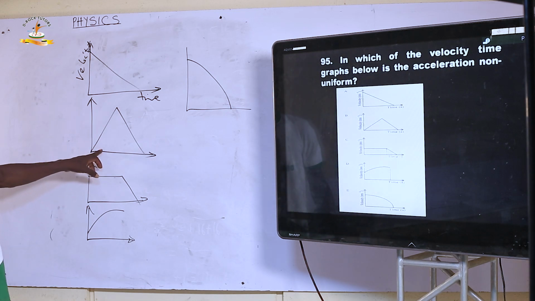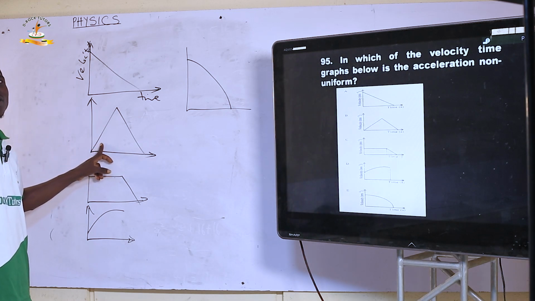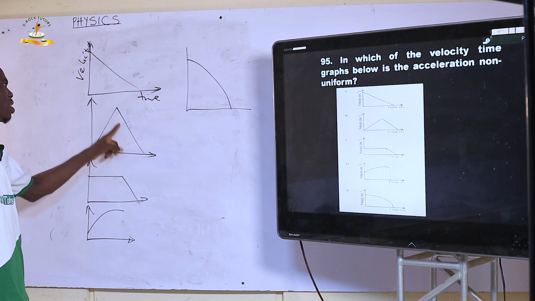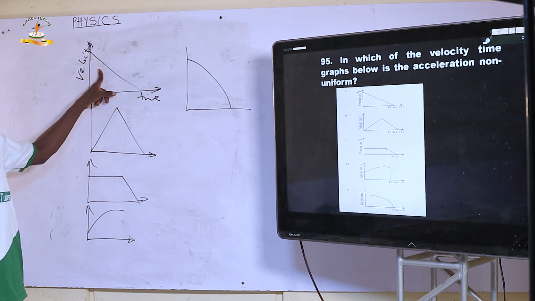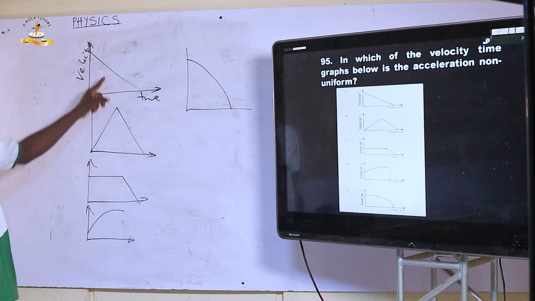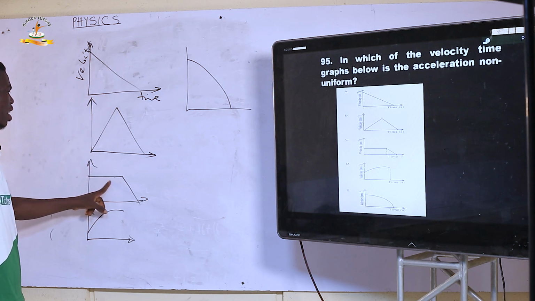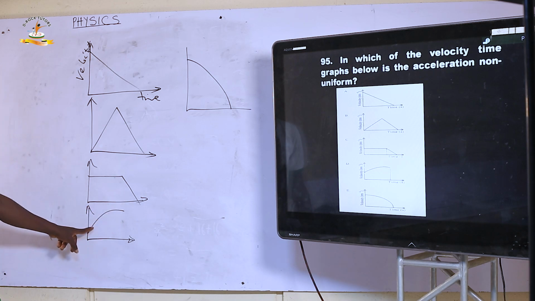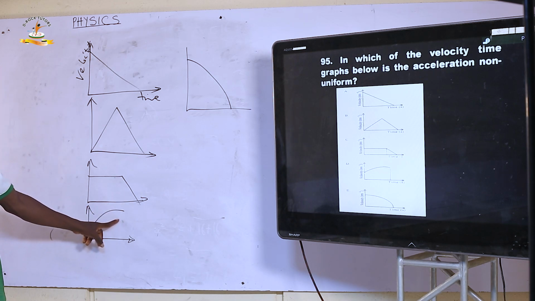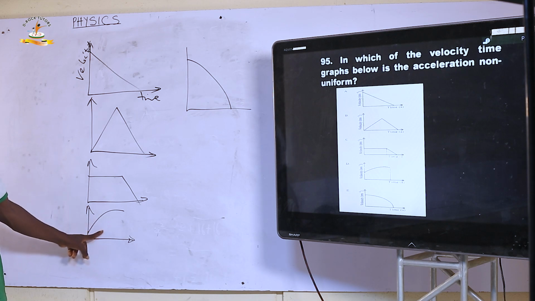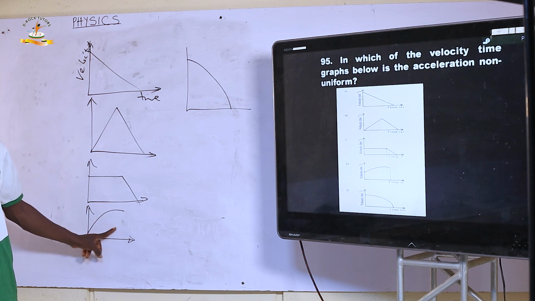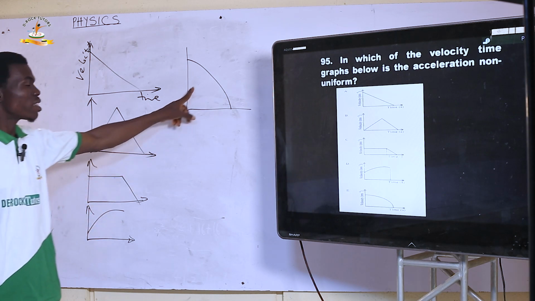Here you see that the acceleration is uniform, and then decelerated. However, this is deceleration. There is an acceleration here, there is a deceleration here. Here it is a constant speed, then deceleration. Here it is an acceleration, but it is not constant, because it's a curve. If it were a straight line, it would have been considered a constant acceleration. Here it is simply